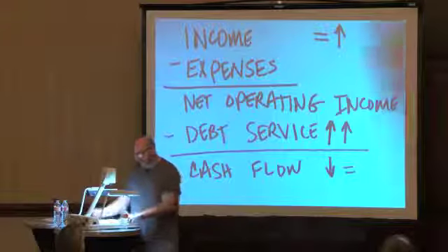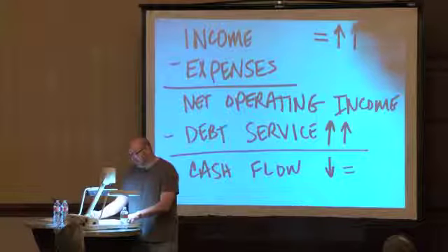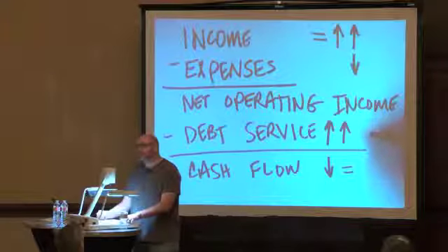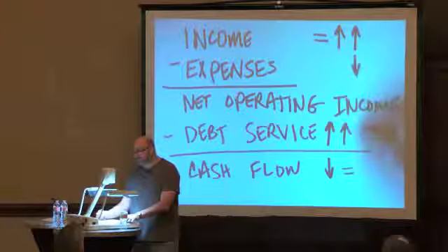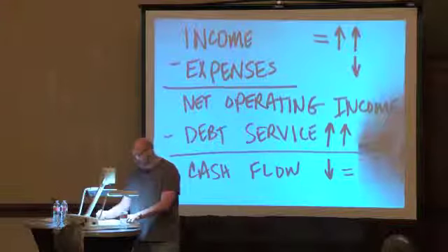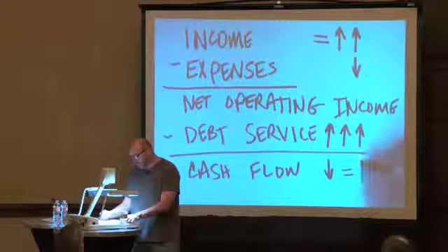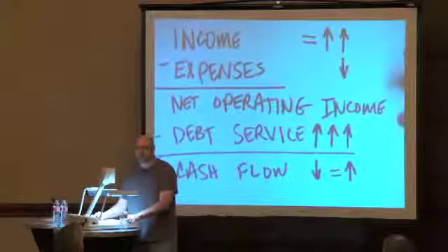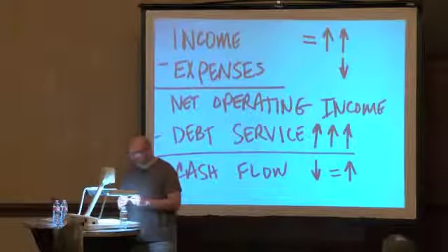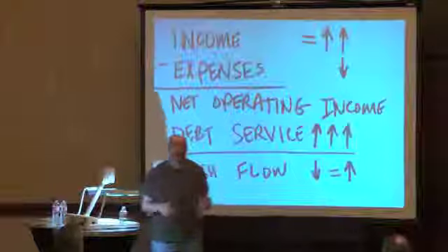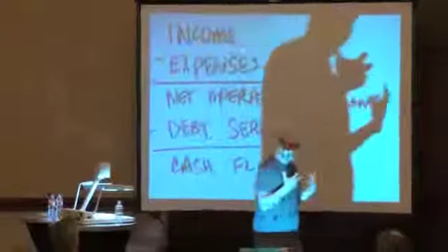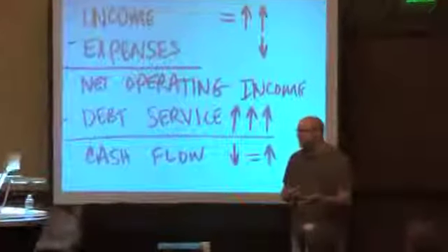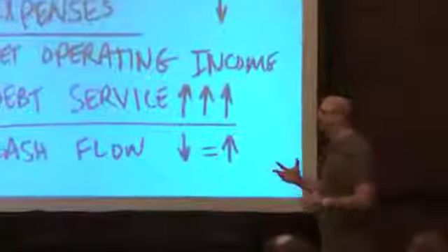This is where I'd like to be. I want my income to go up. I want my expenses to go down. I'd love my debt service to go down, but if it does go up, I'm probably still going to make more cash flow. Does that make sense? This is exactly the form that I go back to every time I'm thinking about how I'm going to manage the property, how I want my property managers to manage the property, and I'm getting an overall strategy.